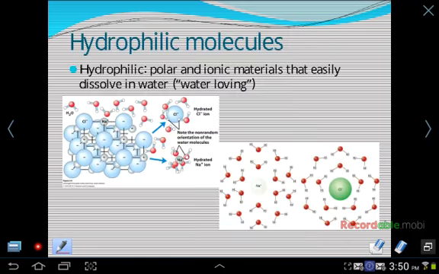So, if we're talking about the hydrophobic effect, we need to talk about hydrophobic molecules. So hydrophilic molecules are those molecules that have polar and ionic materials that easily dissolve in water, or they're water-loving. So here we see our salt. Here we can have some table salt, sodium chloride, and we dissolve it in water. And it's readily dissolvable because what happens is the